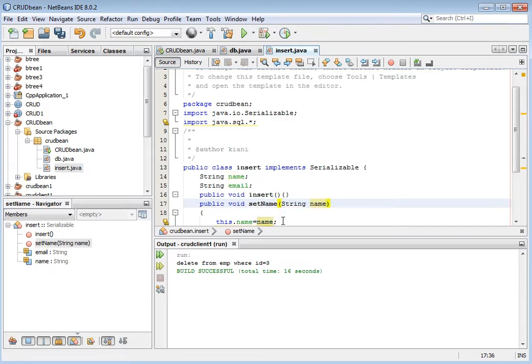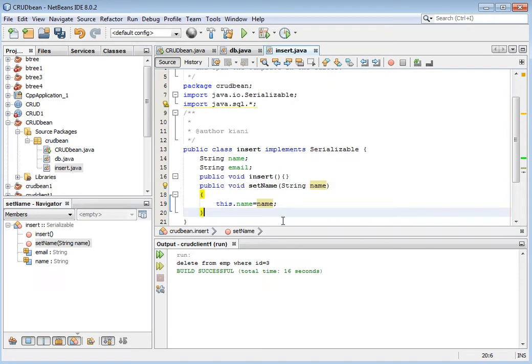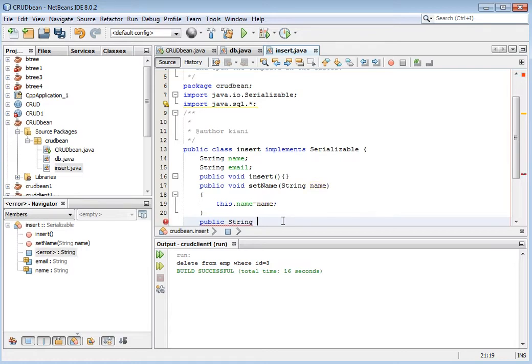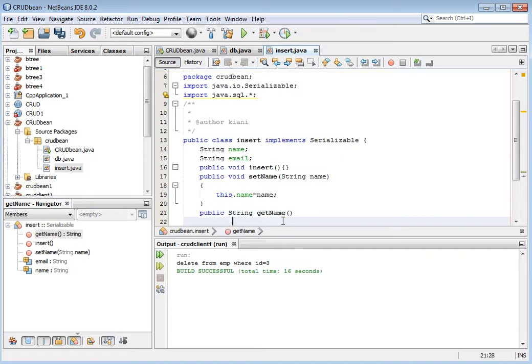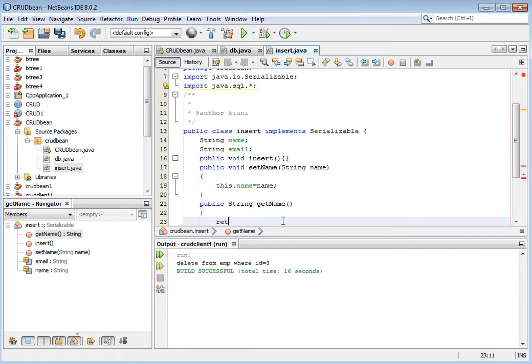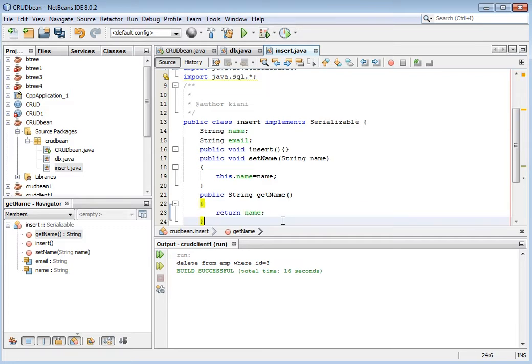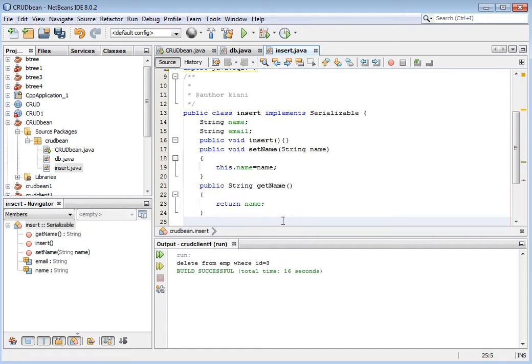Next is public String getName, with a capital N, and we return whatever is set by setName, that is name. We have the get and set methods for name.